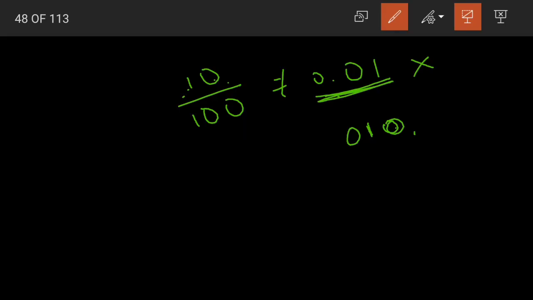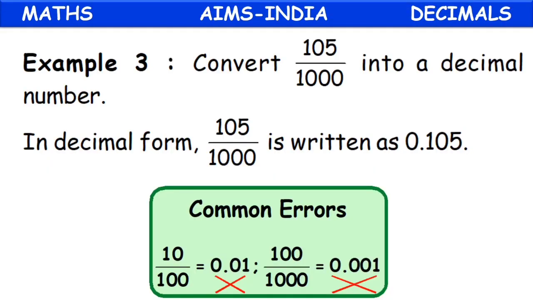But you should not write this 10 as 001. It is wrong. Always remember the decimal number: when we ignore the decimal point, what do we have here now? 001. The value of 001 is nothing but 1. But what is the numerator here? The numerator is 10. So it's not equal to the numerator. From that we can say that our decimal number is a wrong number. Understood children? So be aware and please do not make these common errors.